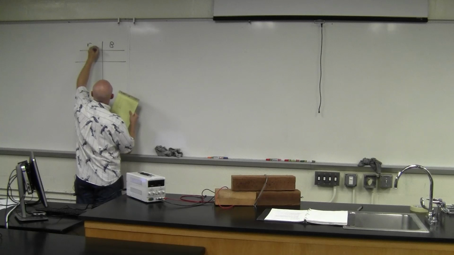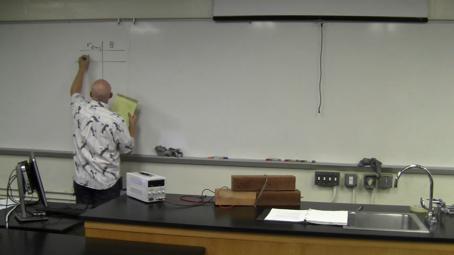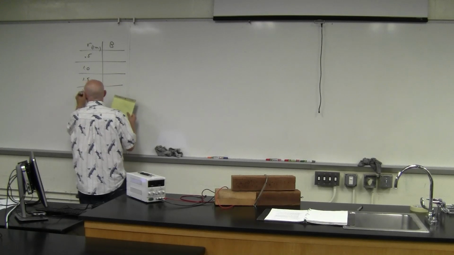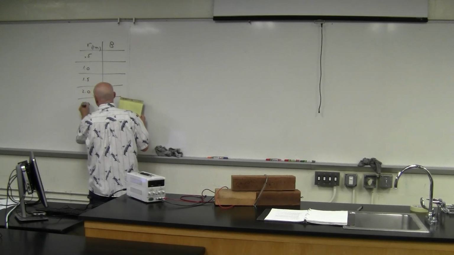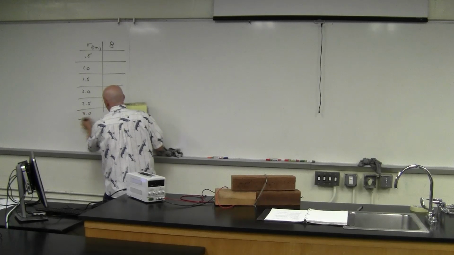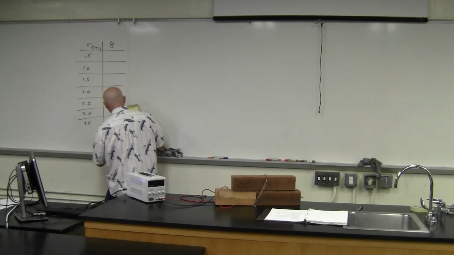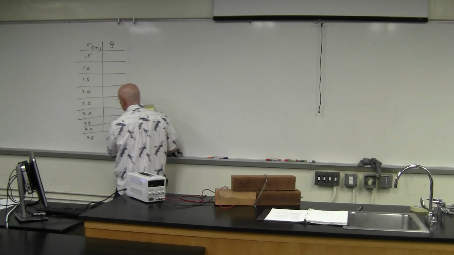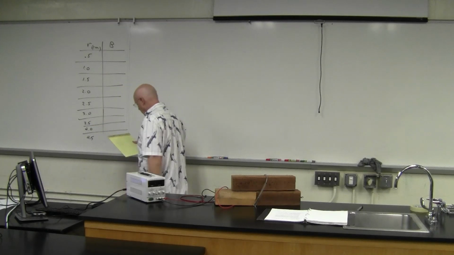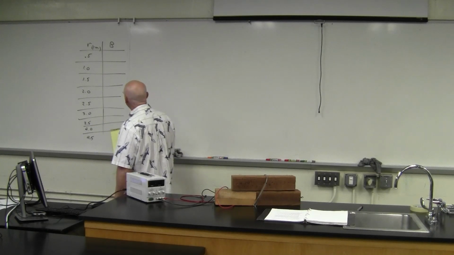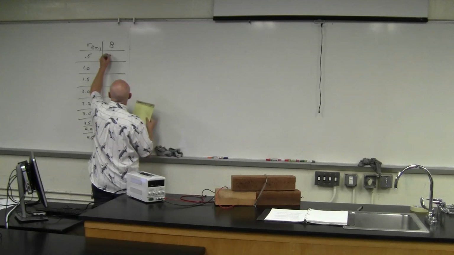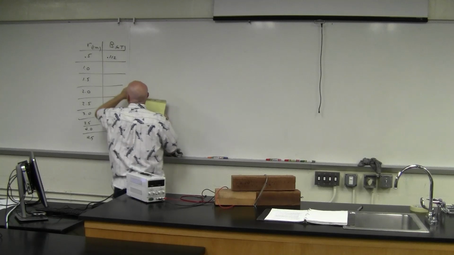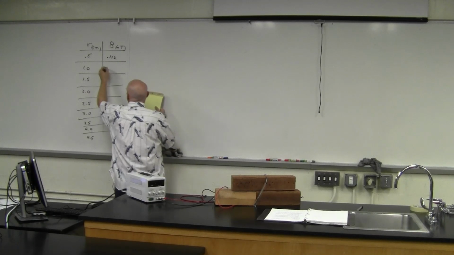Measuring distance in centimeters: 0.5, 1.0, 1.5, 2.0, 2.5, 3.0, and 3.5, 4.0, and finally 4.5 is my last measurement. And even then, I don't know if the last two are really accurate, but I do see it dropping off. 0.112 in units of millitesla for the magnetic field,